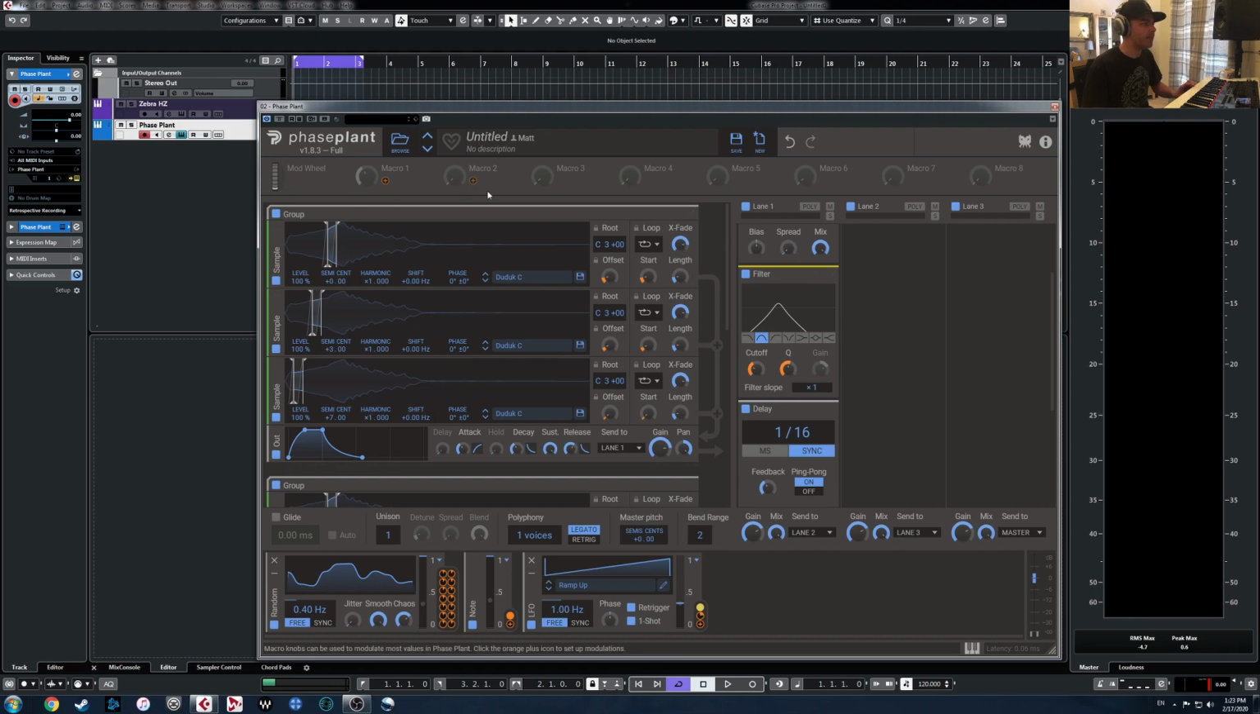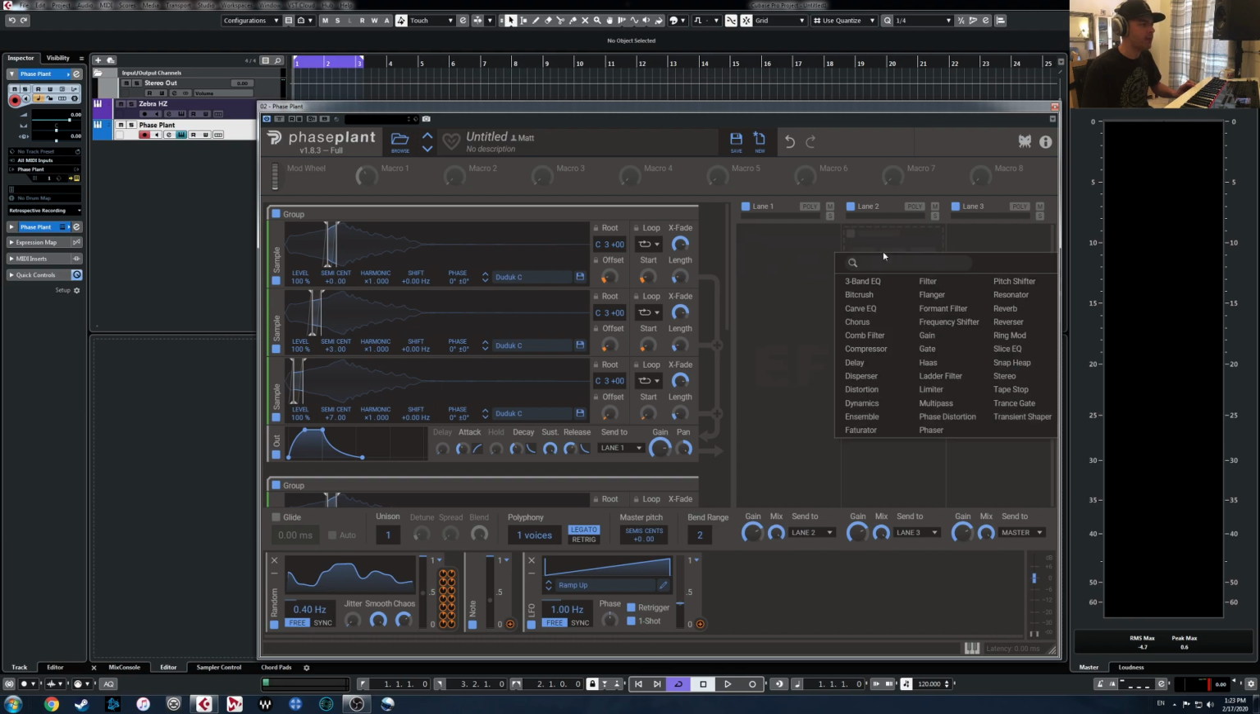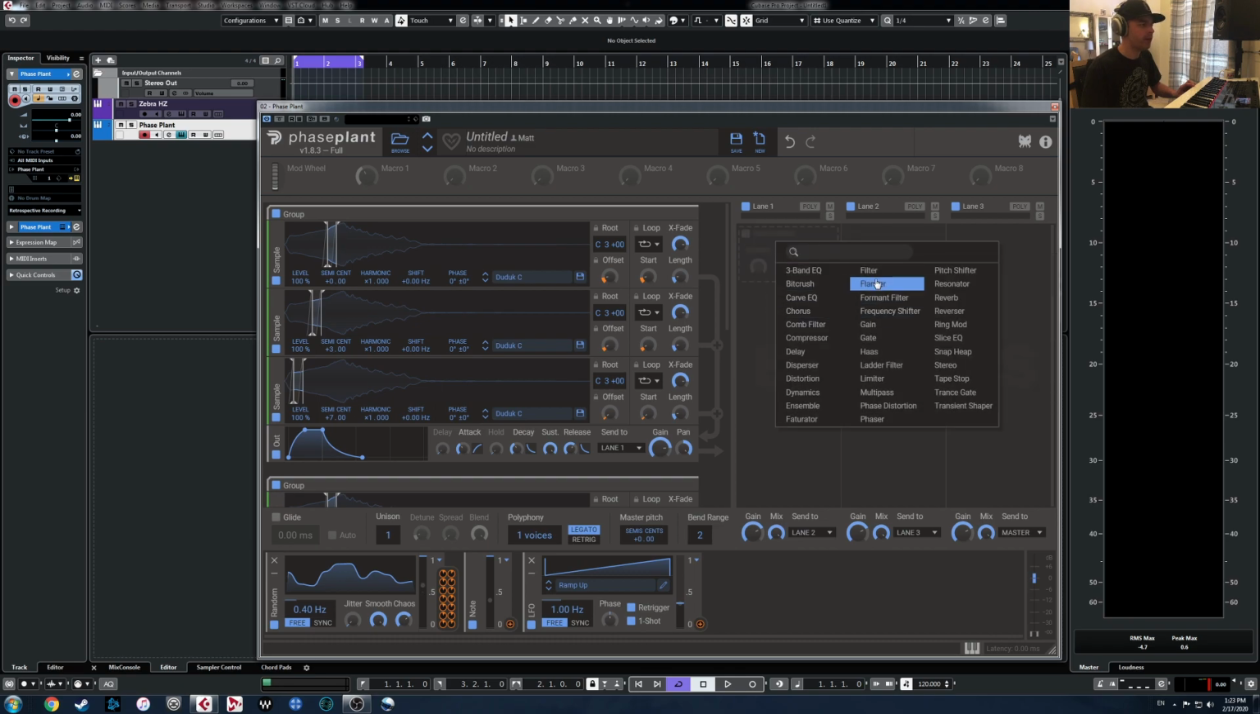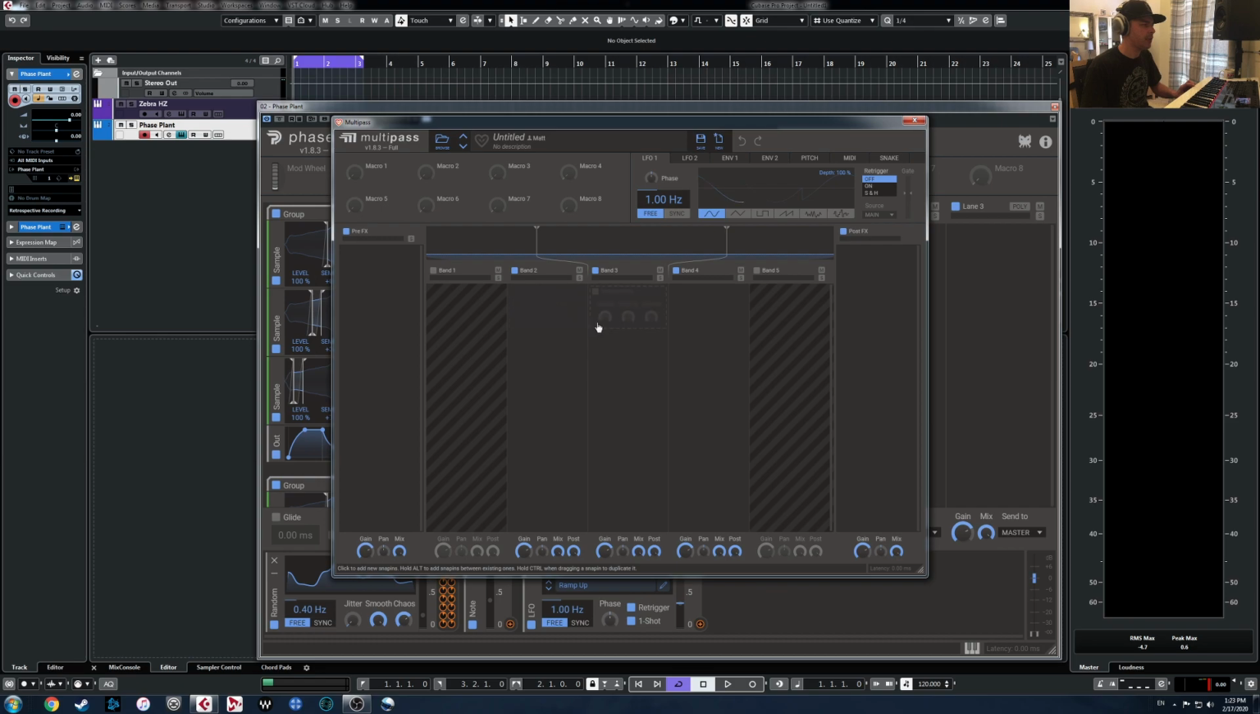With the multipass processing, so say we wanted to process this in multiband instead. Let's remove some of this stuff. We'll add an instance of multipass in here. And there's a couple things I need to touch on. So in order to modulate anything in here,